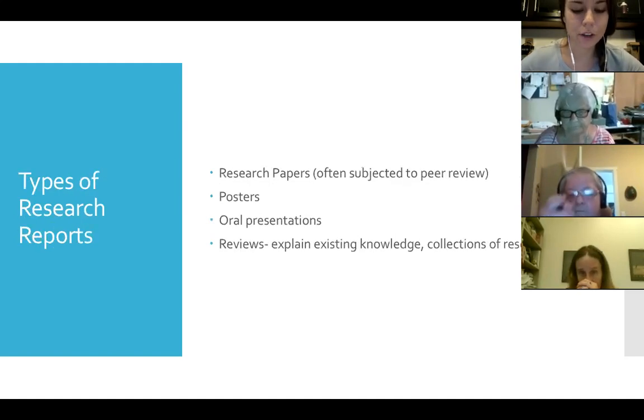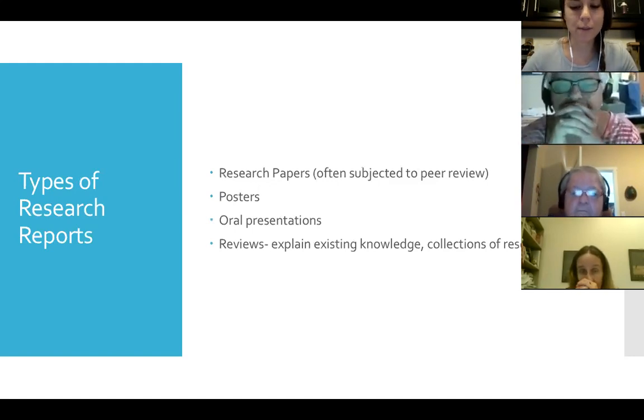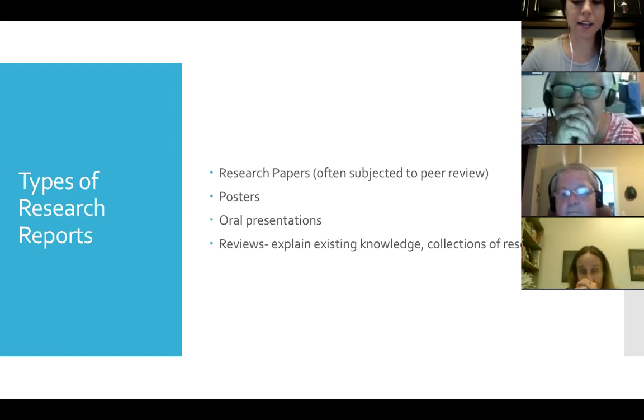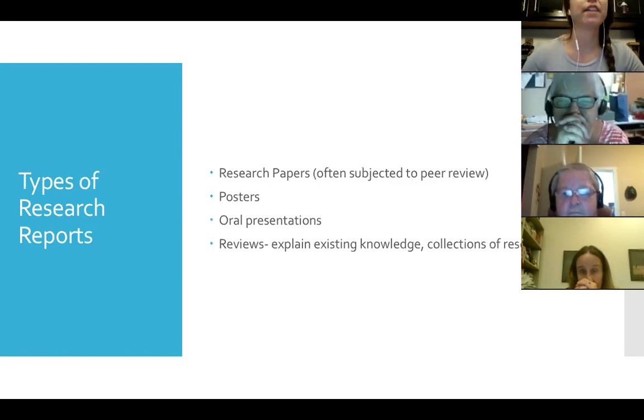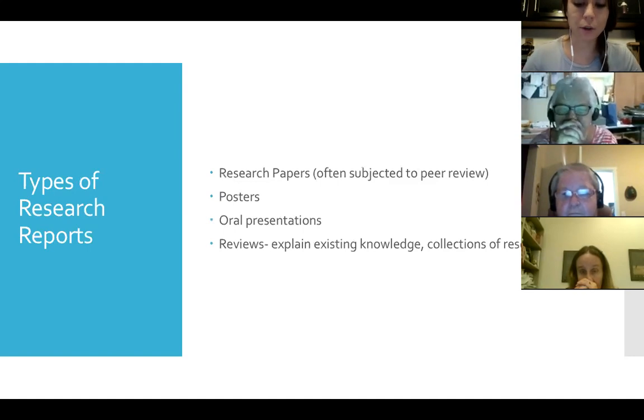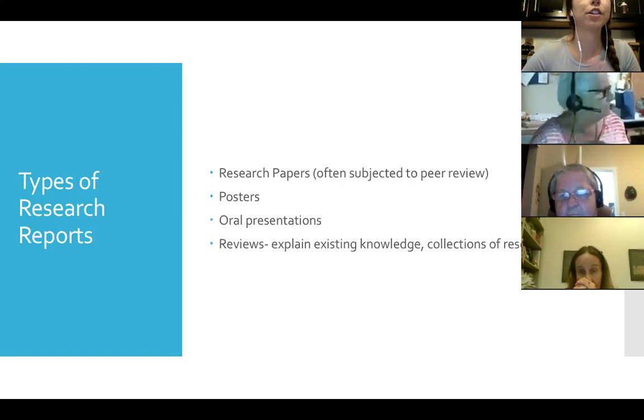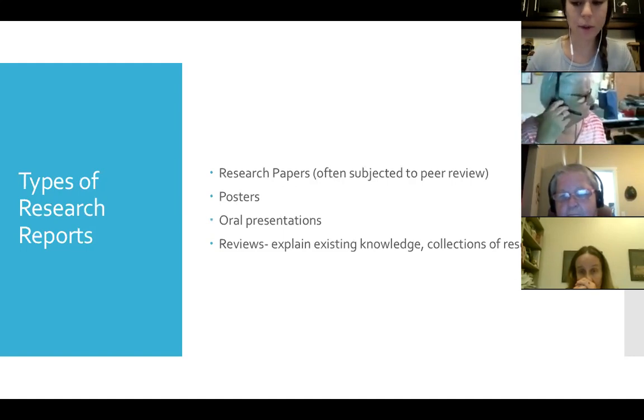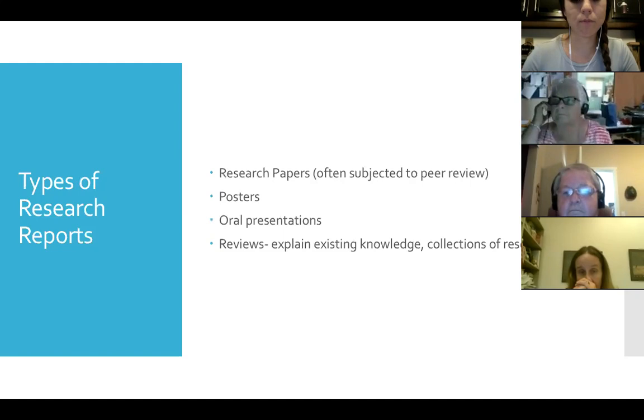So like I said, there's an array of different types of research literature and reports. We're covering research papers today, and these are often subjected to peer review. What I mean by that is these go through a process, and a board or a panel looks at them to determine if they meet a certain criteria to be passed through and published by a journal. So for example, last year, some of you may know, the immunotherapy blueprint was a paper written by Fight CRC and Cancer Research Institute. That was a paper that had to go through the peer review process to be published by Cancer Research Immunology. So that's kind of the process that research articles make their way through